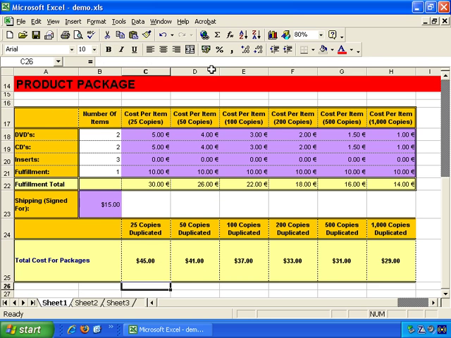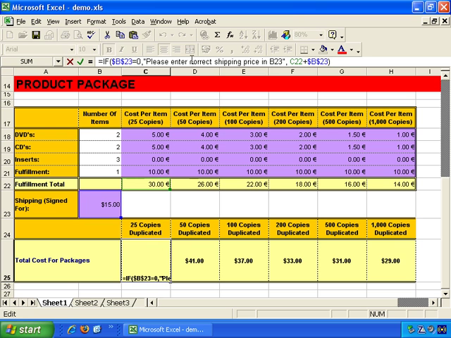And as we round out this video, other options you have with IF, you can do, for example, the lower than symbol. So if B23 is lower than 0, or there's the more than symbol, and of course, as demonstrated, the equal sign. And you can also do more advanced options. For example, here, C22 times B23, and we want to keep B23 locked, so $B$23. So if C22 times B23 equals 0,